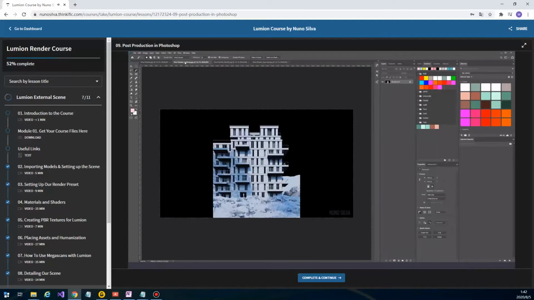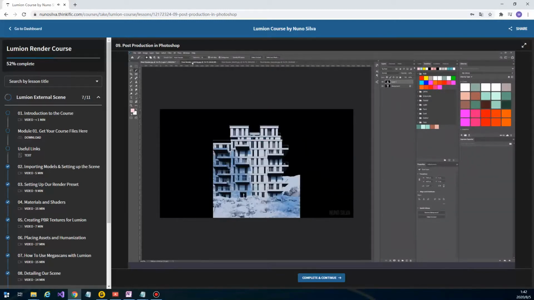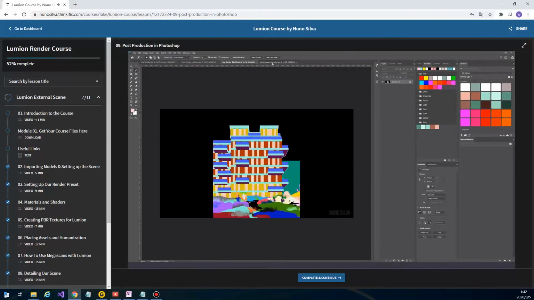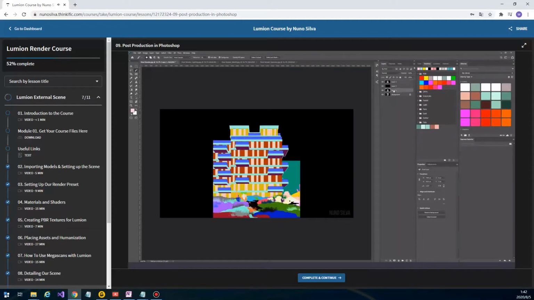So I will make all of this into this layer here, project file I mean, specular, and the material ID. I like to keep everything organized, so I'm gonna just name them and color mask. Okay, so this one